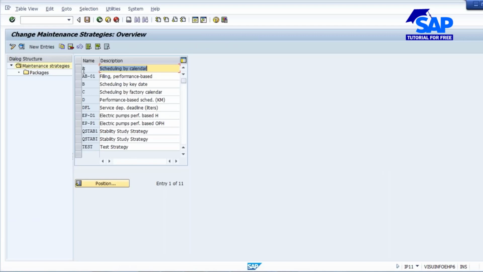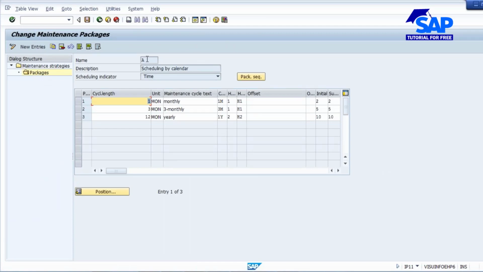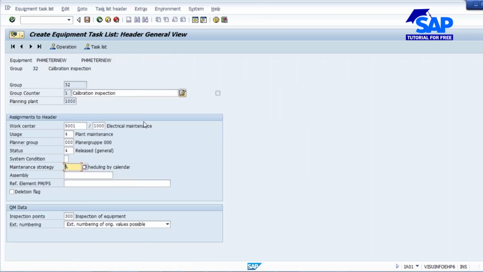If you take the scheduling by calendar, the one which we assigned, and go to the packages, you can do the maintenance planning for every 1 month, or every 3 months, or every 12 months. These are the packages available. In real time, this maintenance strategy will be created by the plant maintenance consultants. Plant maintenance people will be creating it. You will be using this A and assigning it in the equipment task list. So you assign the maintenance strategy over here.